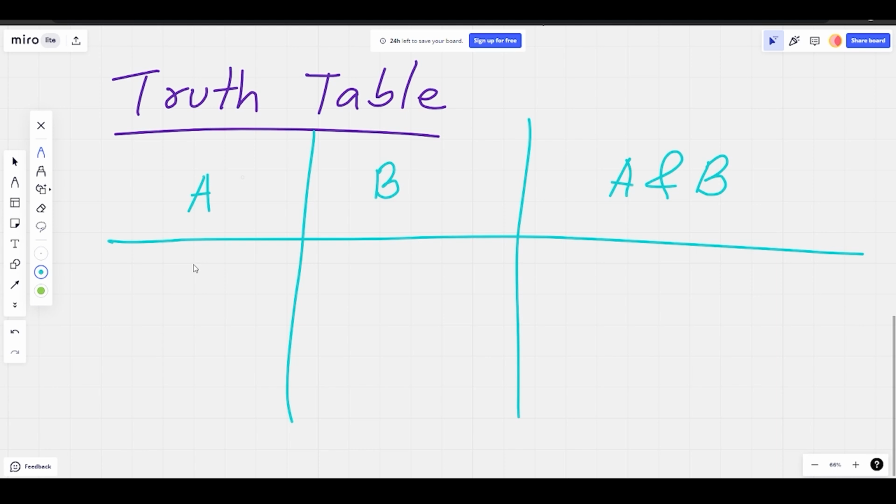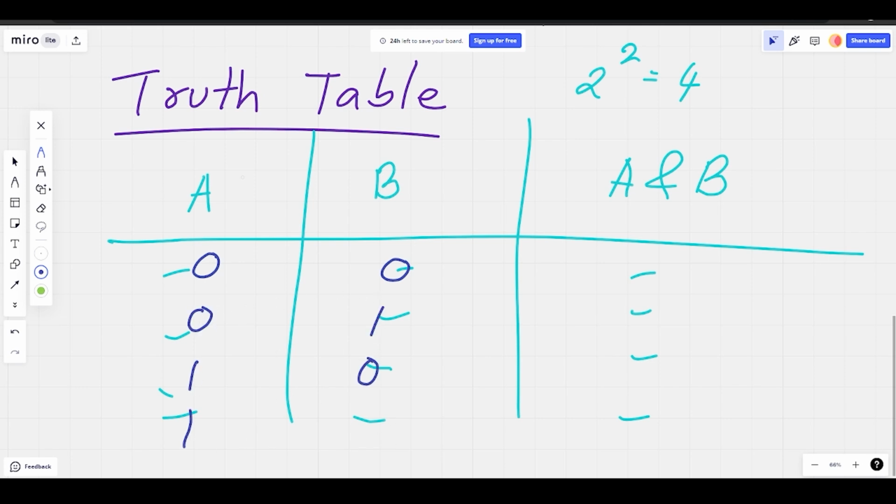Since two inputs are there, there can be 2 to the power 2, which is 4, so 4 input combinations and 4 outcomes. The different possibilities are: A can be 0 for the first input and B can be 0 for the second input. Then we can have 0, 1, then 1, 0, then 1, 1. These are the possible inputs which we can give. So if A is 0, B can be 1, and B can be 0 also.